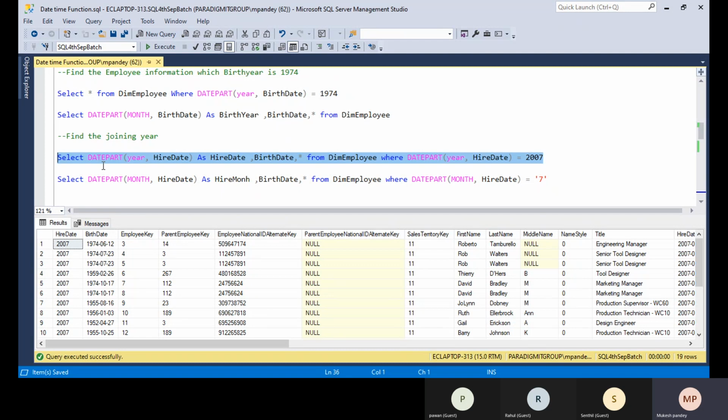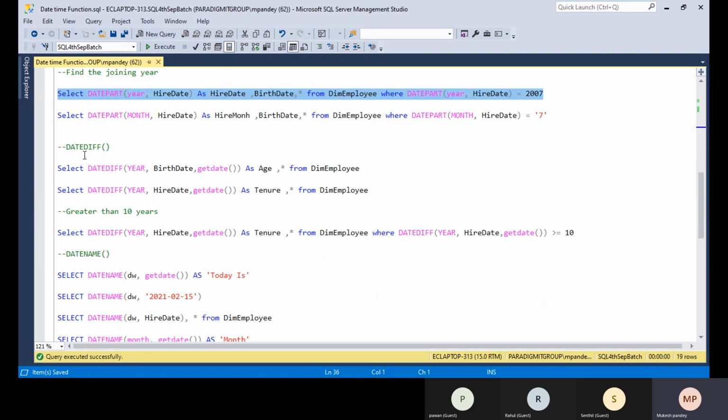They will put the question scenario-based, like, I need the list of employees who joined in 2010. If you don't know what function we can use here, it is very difficult to answer the question or solve the requirement. But if you know the exact DATEPART to use, you can easily achieve the requirement. Okay, so the next one is DATEDIFF.